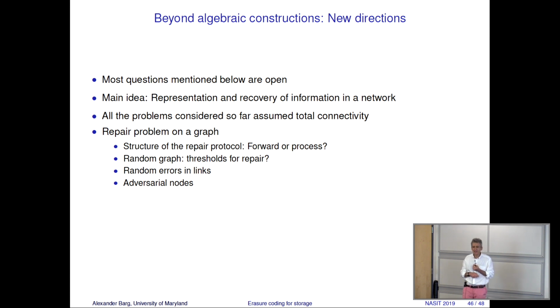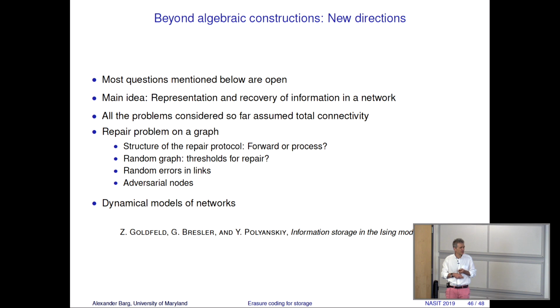Well, let us say the links carry random errors. There was one version of that discussed in the algebraic part, in the optimal bandwidth construction, but let's say there are random errors in the links. Let us say in this protocol there were nodes that were overtaken, and they provide deliberately incorrect information. And moreover, whatever is handed to them, they also distort in an unfavorable way before passing to the node being repaired. Each of these questions can be fleshed out into a problem, but no solutions are available at all.